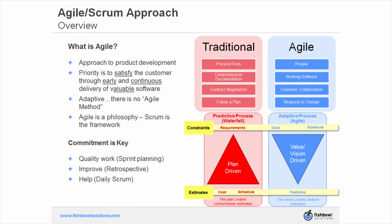But really how we use Agile is as our guiding philosophy, and then we apply it through the framework that is Scrum. Scrum is one of many frameworks under the Agile umbrella, and that's one that we use for our portal development projects. How Scrum and Agile differs from a traditional or waterfall method: Agile places a higher value on